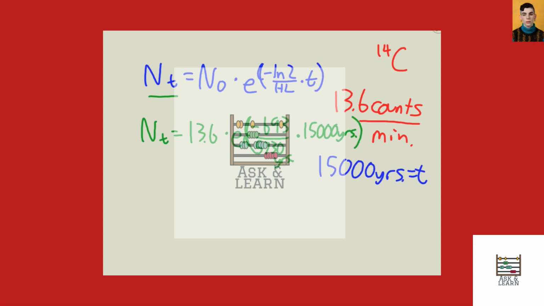So, once all this has been plugged in, we can calculate it out, and we'll find that it is 2.2 counts per minute per gram